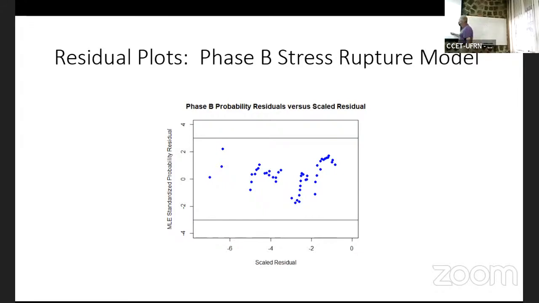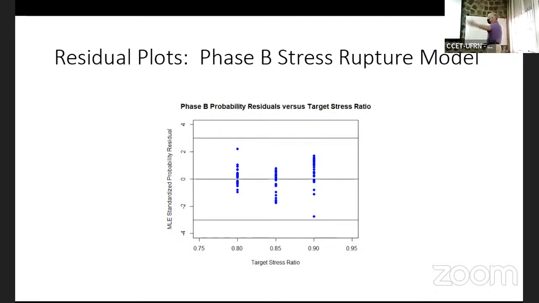Sometimes I do this. I put the colors associated with it. But in this case, I just did the blues because I've got another plot that will illustrate that. Are we good? You know, when I'm looking at residual plots, I like that. I'm home. I'm a regression guy. Okay? Next slide. Versus target stress ratio. Don't we do it against the regressors? Of course we do. And there's some funkiness here. Are we okay with this? Good. That doesn't seem unreasonable to me.